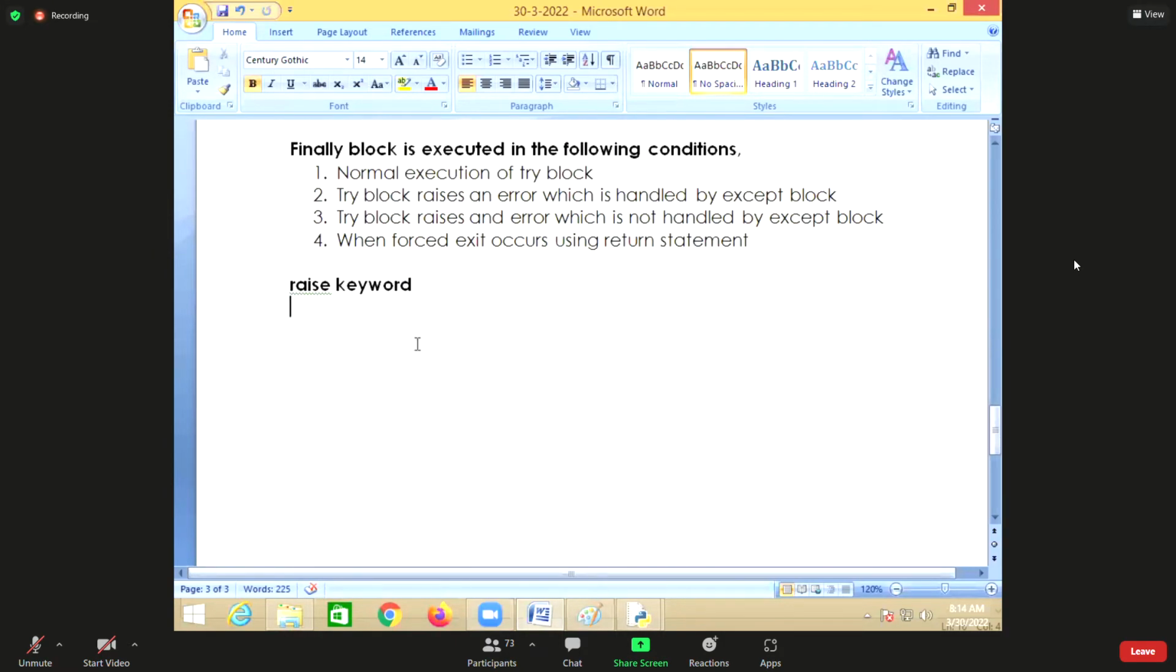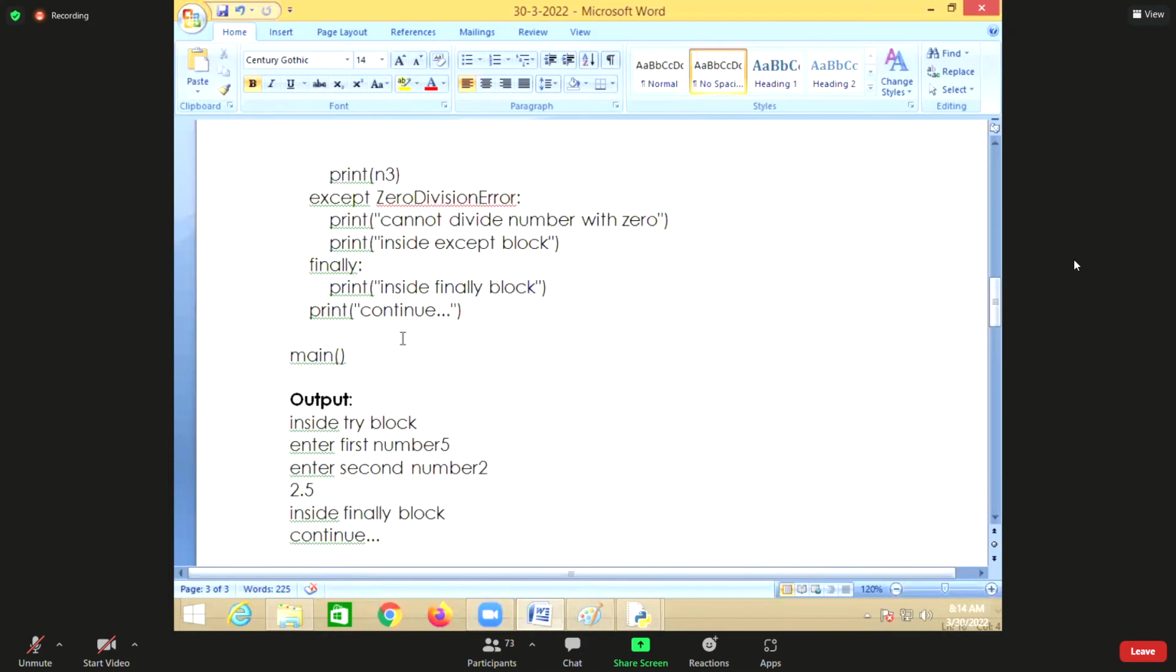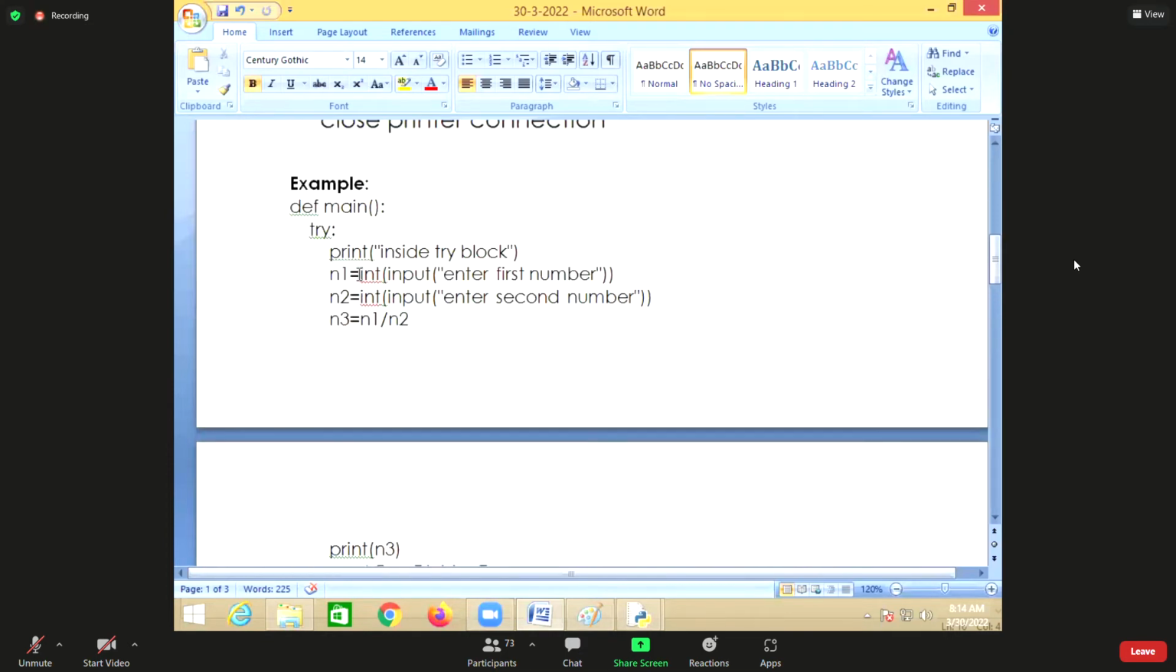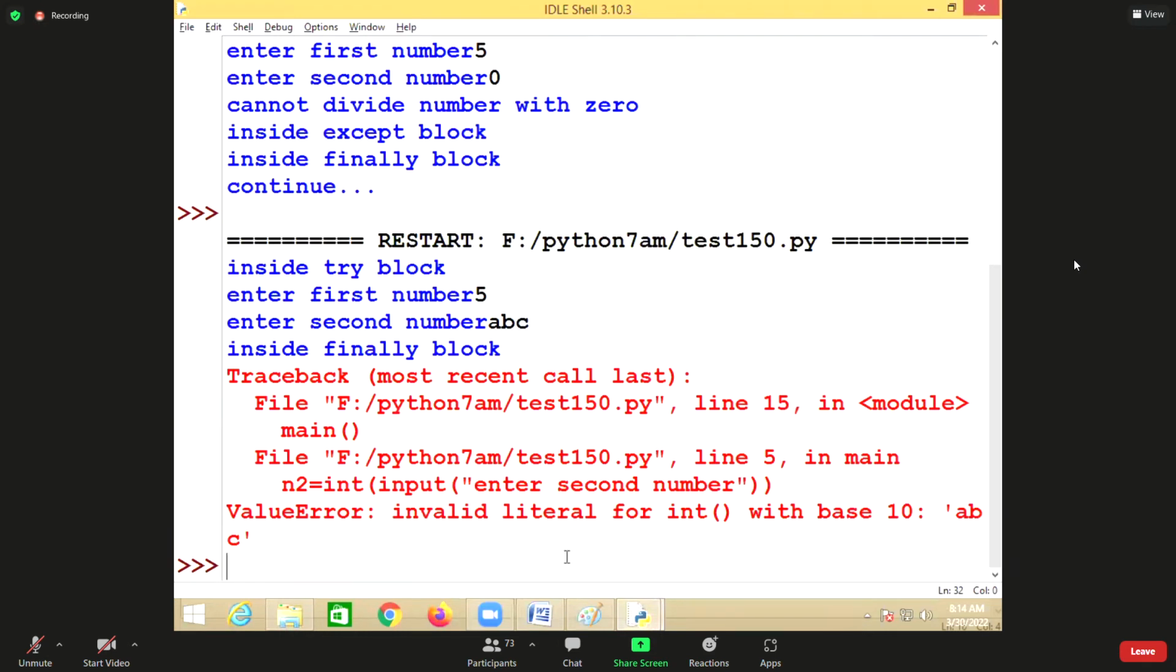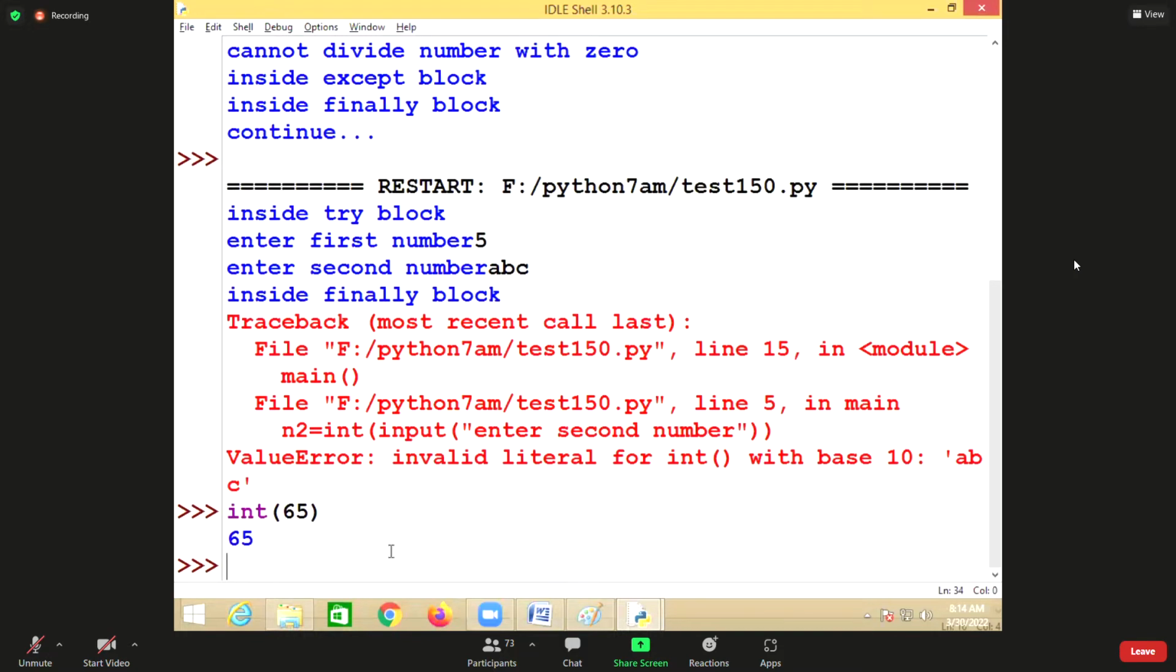Suppose you see this, int is there. Int is a predefined function, and to this int I'm giving some input. int of 65. What is the input given to int here? 65. So the int function receives this 65 and converts it into which type? Integer type. Now if I say int of "45" within double quotes, it will receive this 45 and